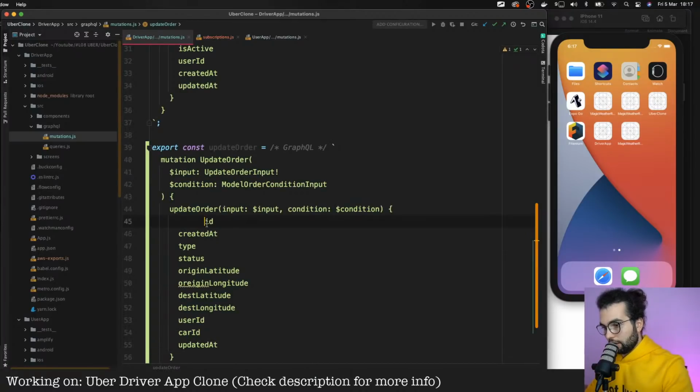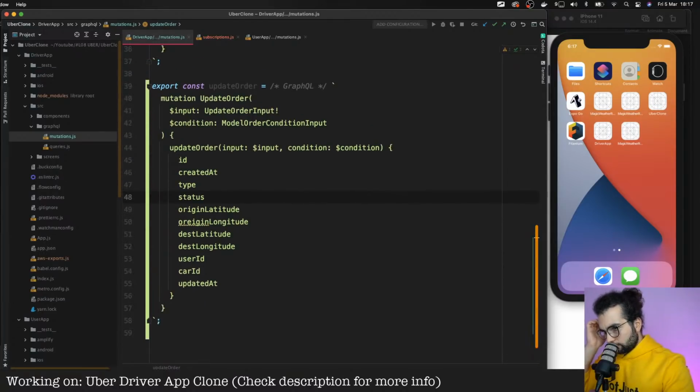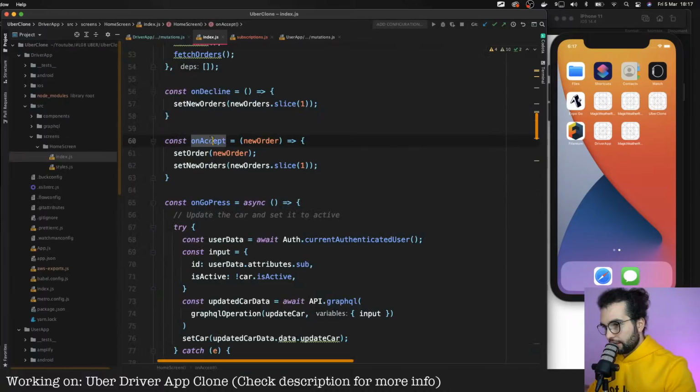Otherwise, we're not going to receive the subscription events like this. And we go in the screens, index, and on accept we need to update the order, change the status, and set the car ID to our car ID.